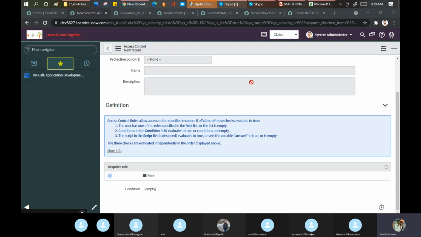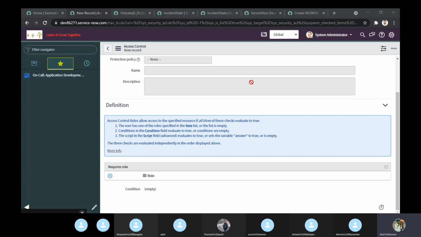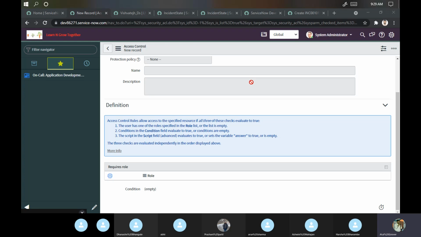See, the fundamental is the same. The operations will be the same. If I don't want my user to change the value on the form, I can do it via a business rule or an ACL. No, see, sorry. A business rule basically works when you want to insert or update any data in the database. The ACL purpose is not the same. ACL means I am not giving you the right to click on the update button. That is the purpose of the ACL.